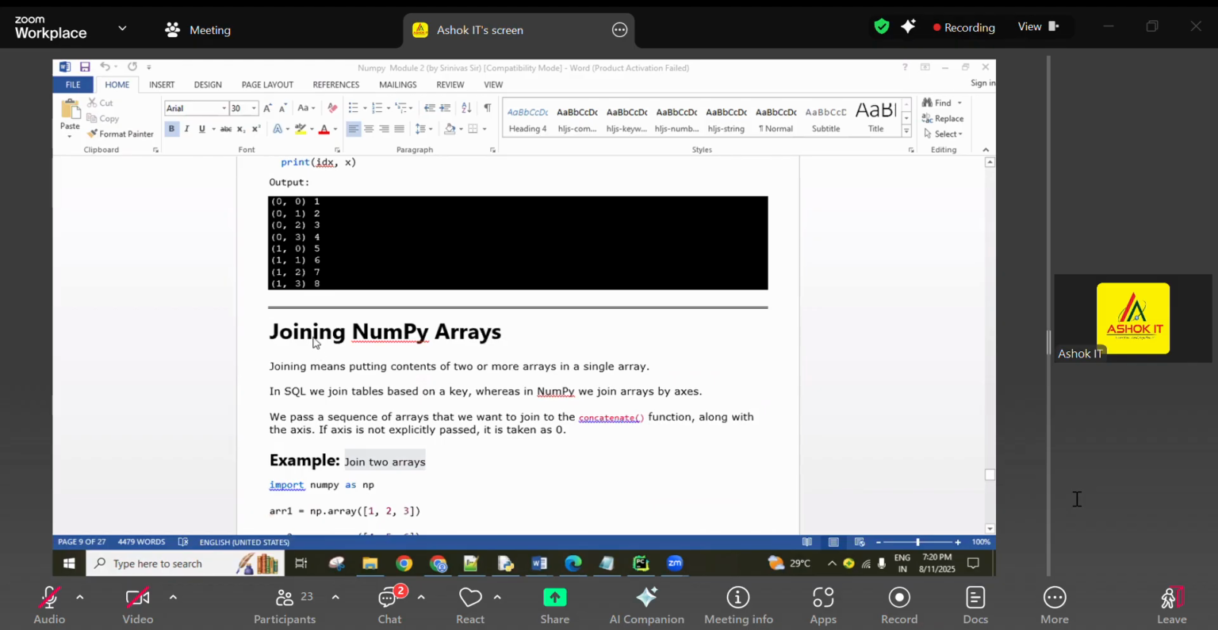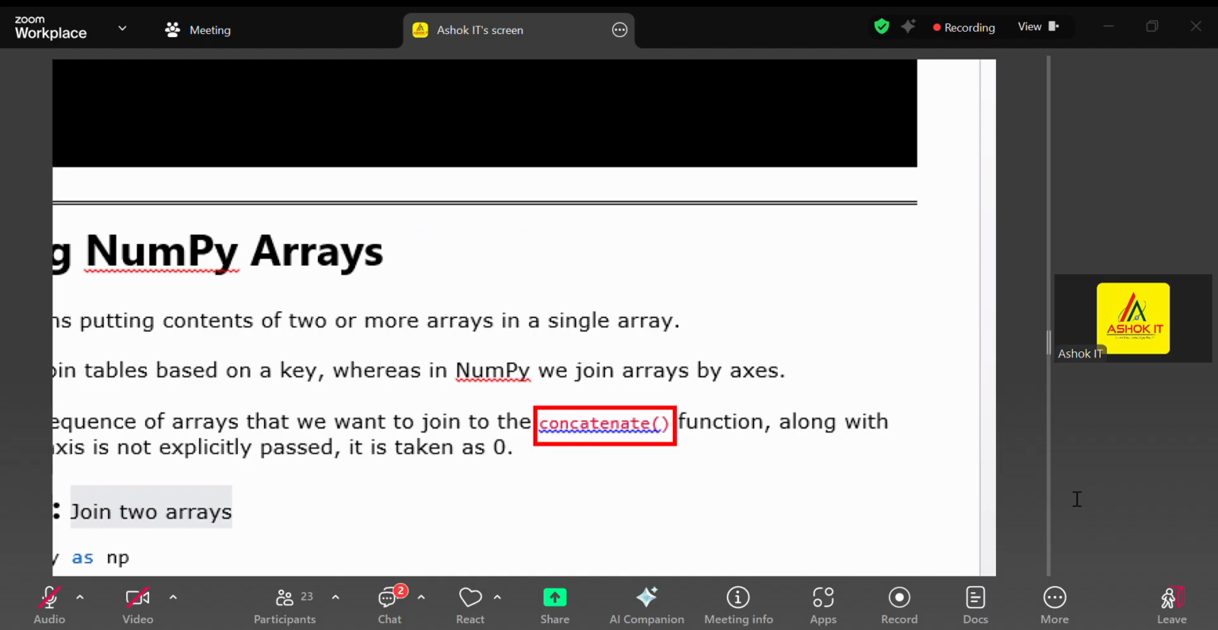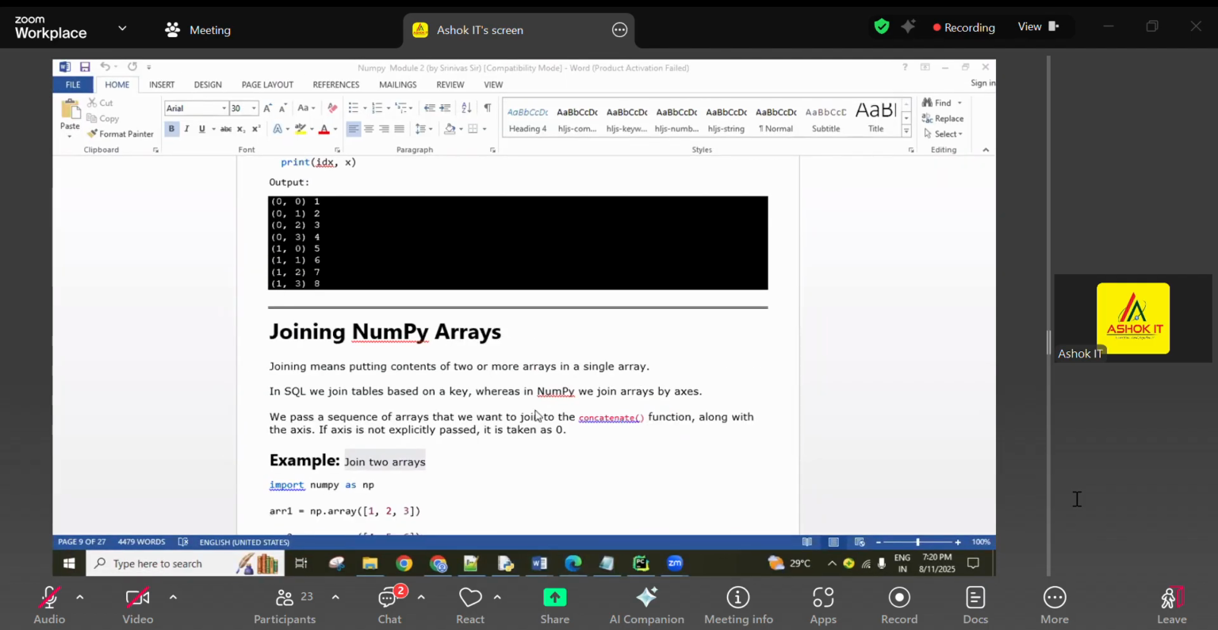Now coming to joining NumPy arrays. If we want to join two arrays, we can use the concatenate function and can join them. Okay, now comes to here